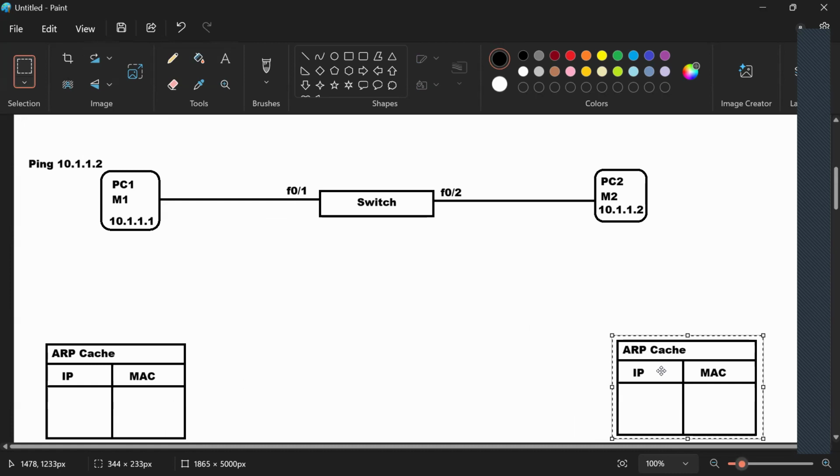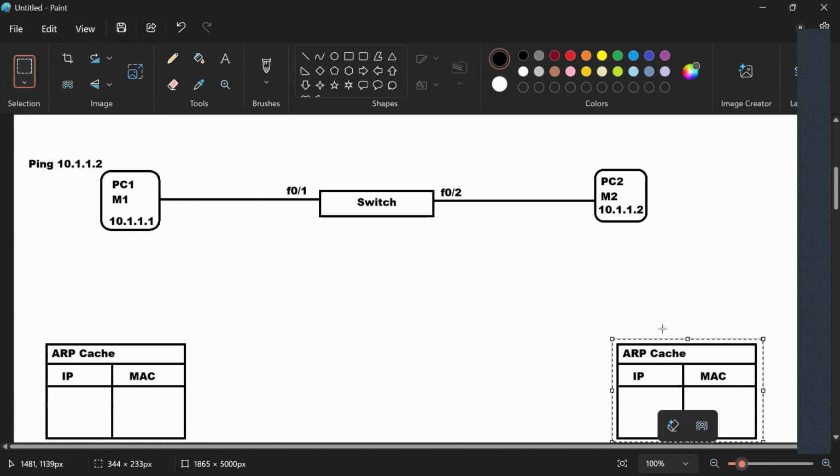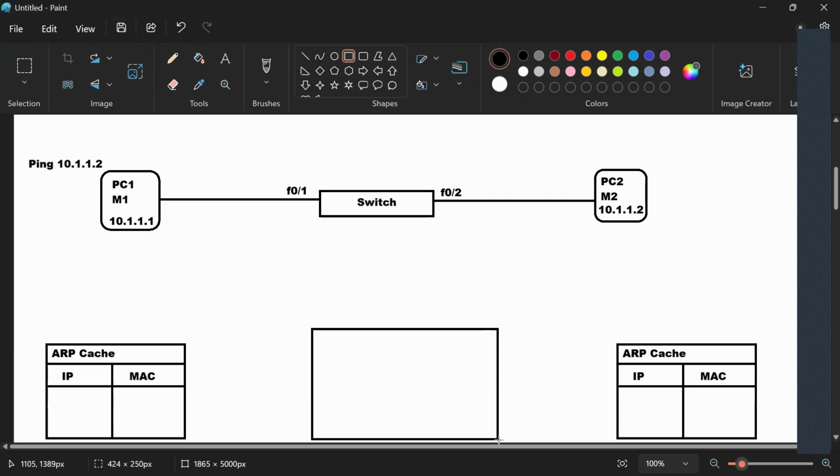Same thing in PC2 also. Then the switch will also maintain one table, that is the CAM table or MAC table.